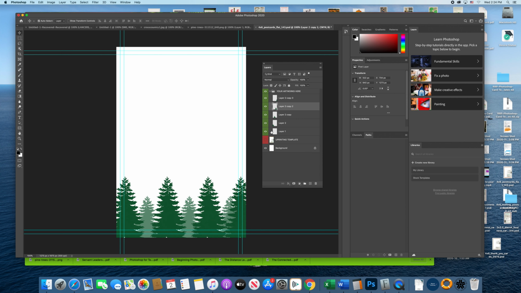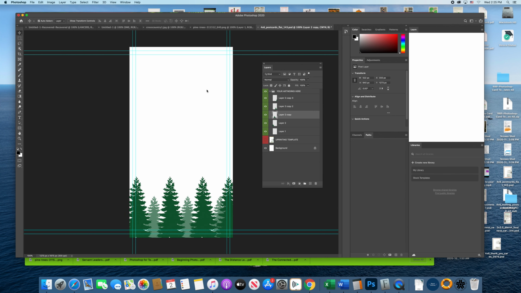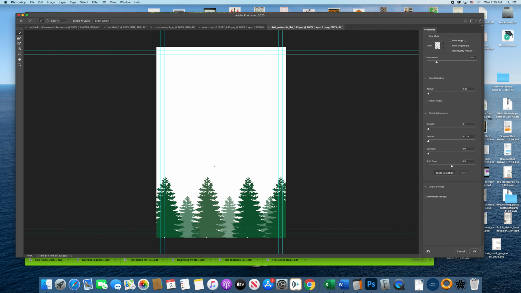Now remember, if I wanted to change just one part of a tree or one pattern of a tree, I can do my select and mask on each layer. So I'm going to do that for probably one in the middle. So I'm going to go up to select, down to select and mask. I will go to my object selection tool and just pop over,